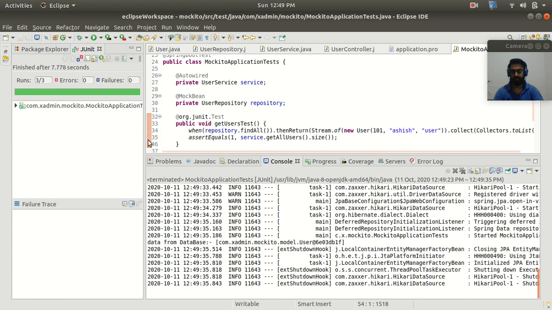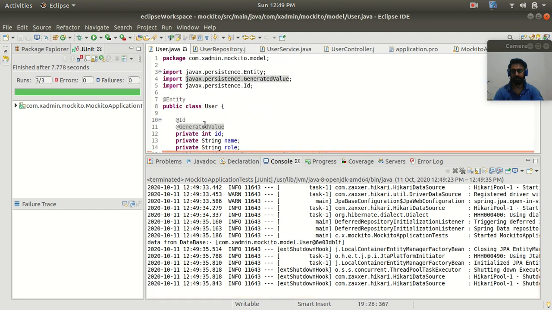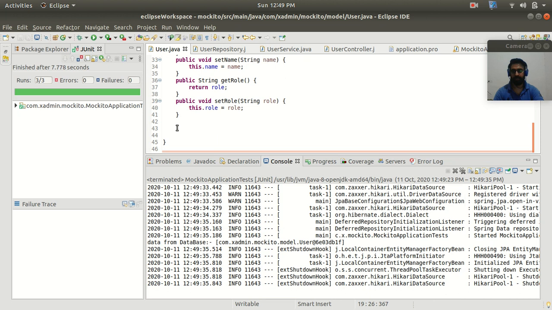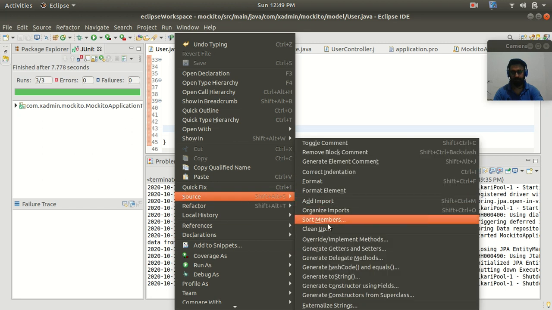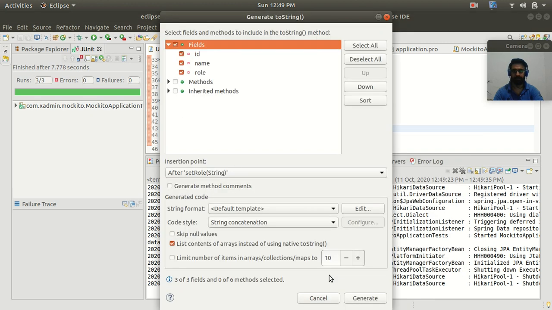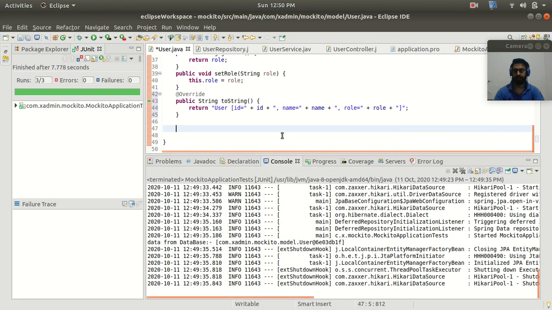All right, so our test has been passed, and here we are getting some data, but we are not able to see it because we have not provided any toString method here. So let me quickly add a toString method so that it will be easy to see. Source, toString, ID, name, role, number. Add it.